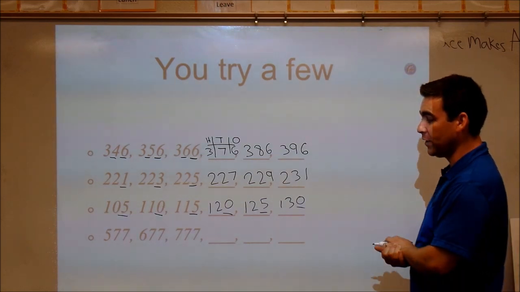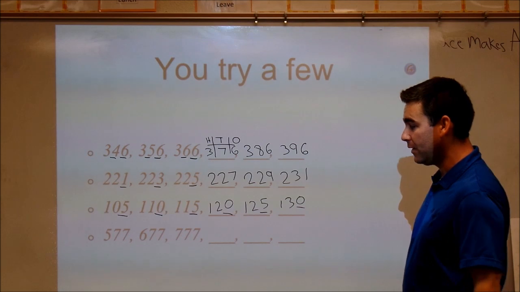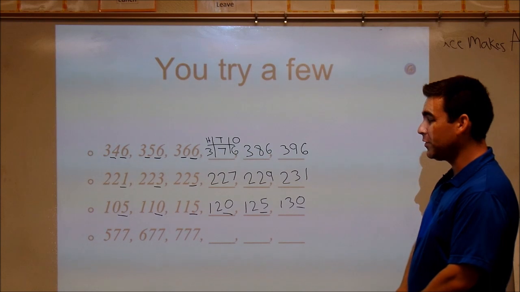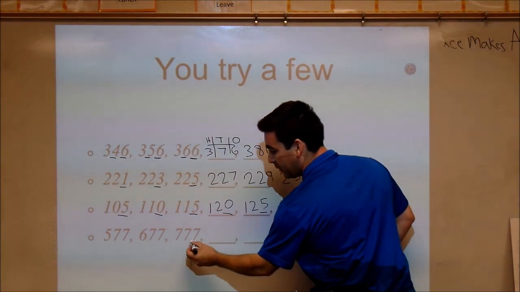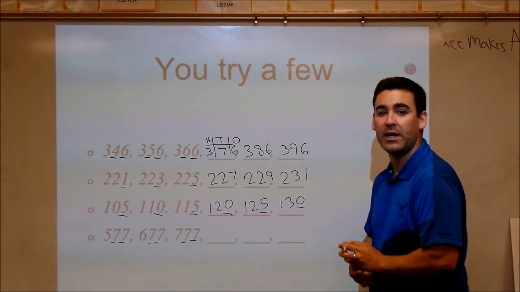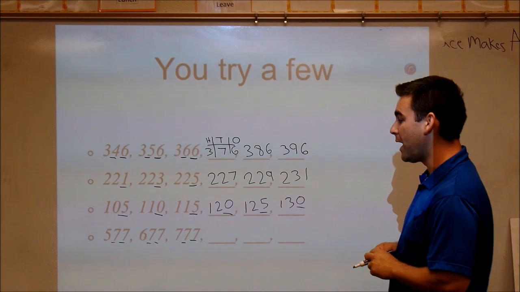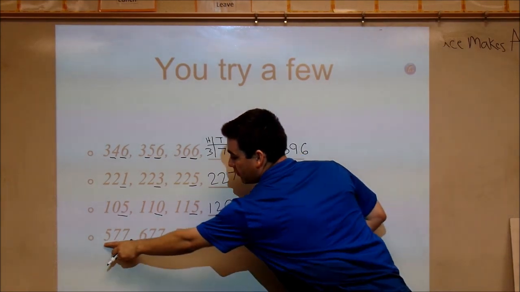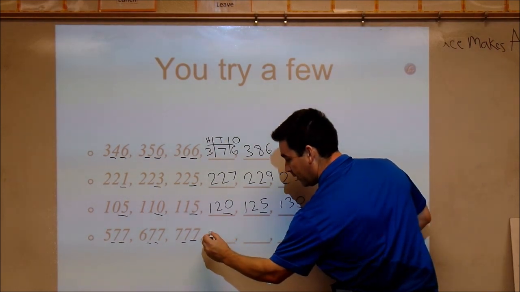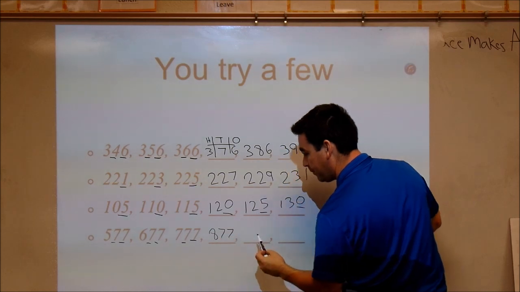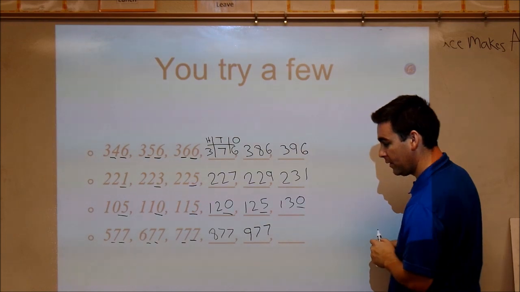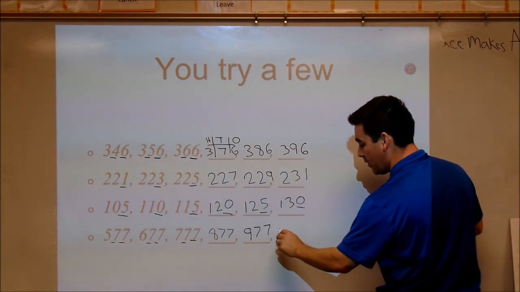Now, lastly, if you look at our numbers, we have 577, 677, and 777. What students should instantly notice is that the numbers in the ones and the tens place are staying exactly the same every time. This is a good clue that we are counting by hundreds because the number in the hundreds place is actually increasing. So we can continue our pattern. 877. Okay. 977. And then we are going to regroup into the thousands,